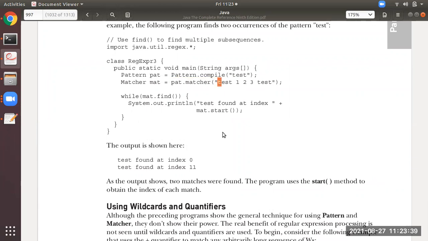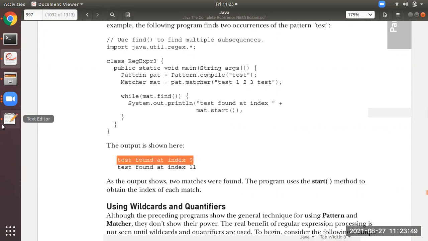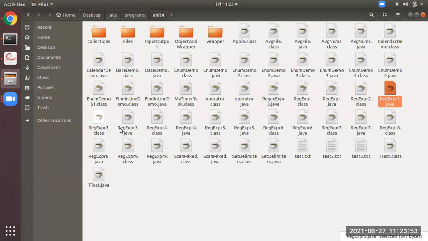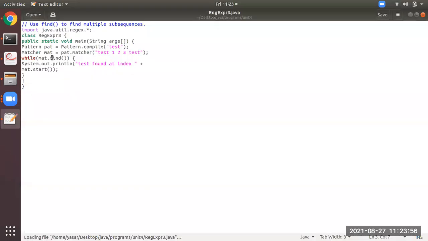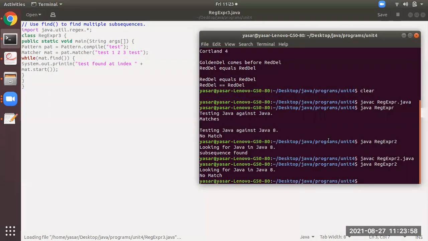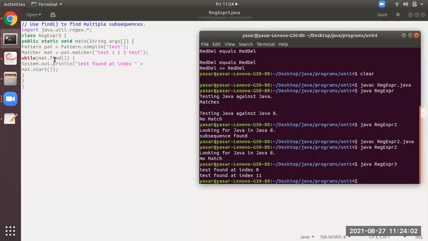The first character is at the 0th position. So it is available over here. Now what we are trying to do is display, and we are able to see 0 over here. Let me open the program. Don't get confused, it is the third program. Over here, see what it is going to do.